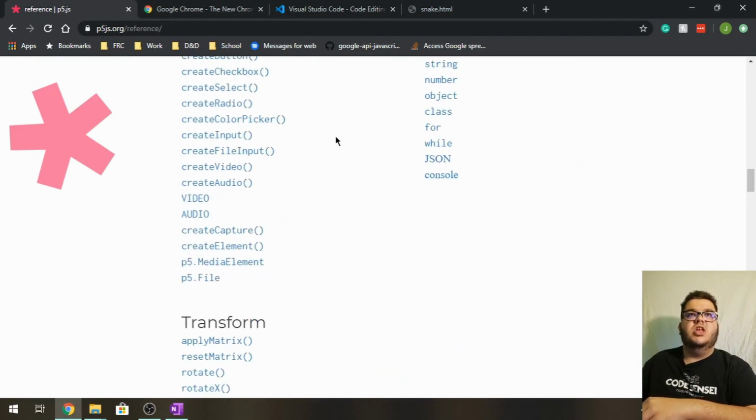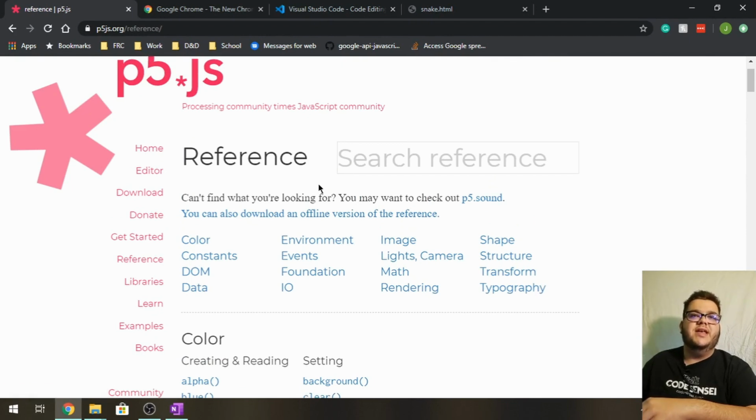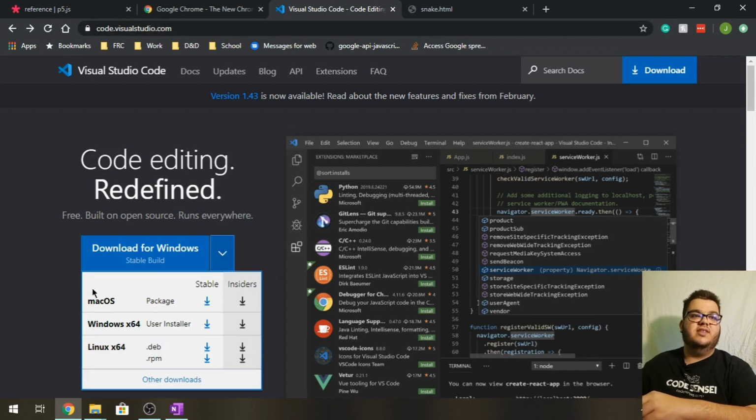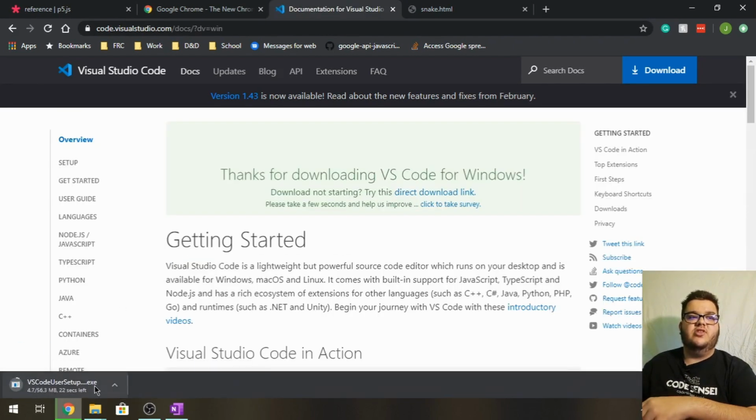So, in order for us to start with JavaScript programming, you've got to have a text editor. Now, any text editor will do, but I strongly recommend using Visual Studio Code. Here's the website for Visual Studio Code. It's code.visualstudio.com. It's made by Microsoft, but can be used on any platform. As you can see, they have macOS, Windows, and Linux. Windows pops up since I am on Windows, and if I click on that, it takes me to this page and starts downloading it. Now, I can't quite show you the install process for that because I've already installed it,